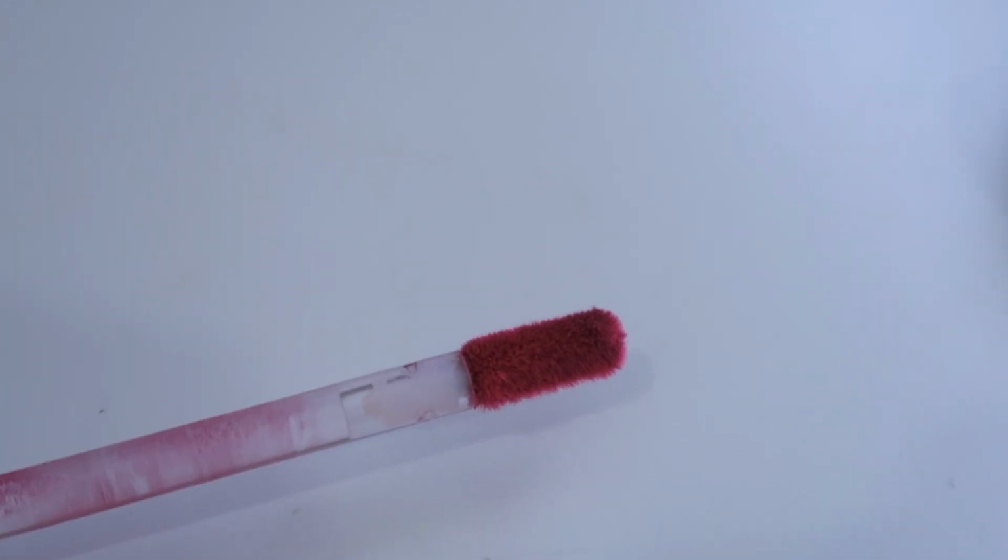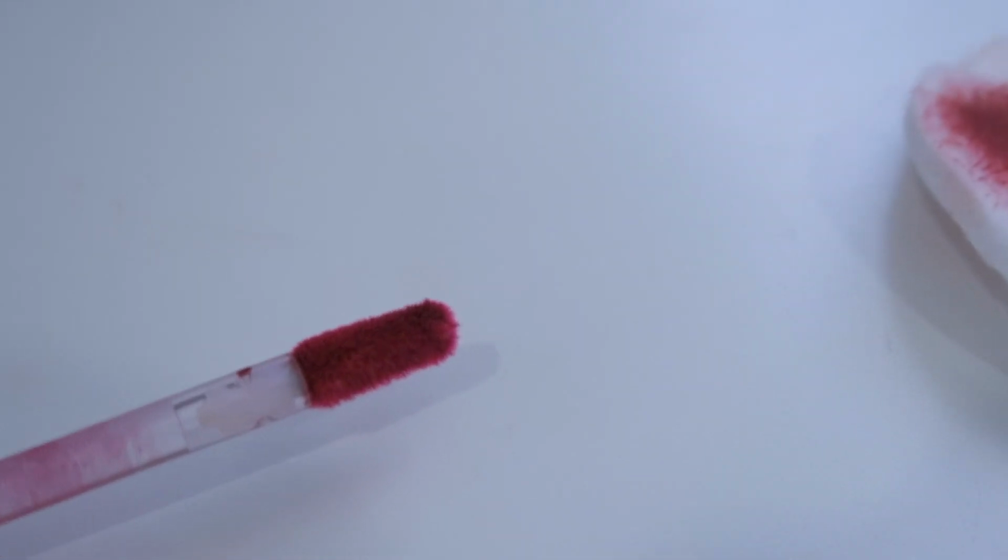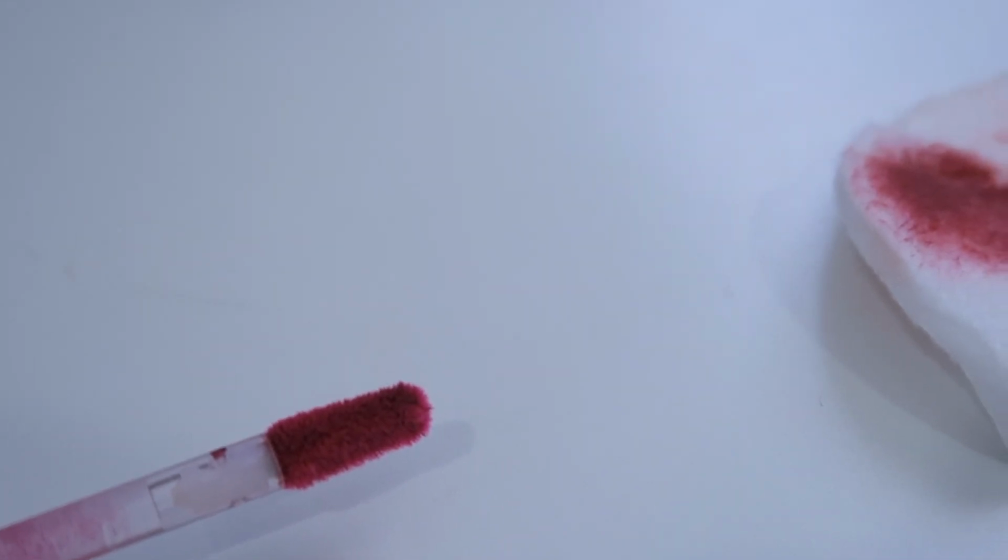This one is the shade 10 Blush Purple, because when I use it, I can feel something sharp on the end of the tip, and that bothers me a lot. I don't know what to do about it because I really like the colour, but it's scratching my lips. So once I wiped away all of the product, I found that the fluff is coming off the tip of this also. You can kind of see it right at the top,